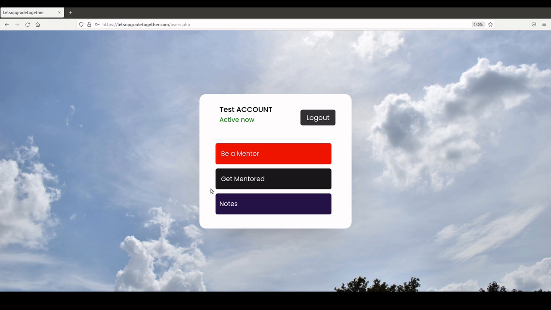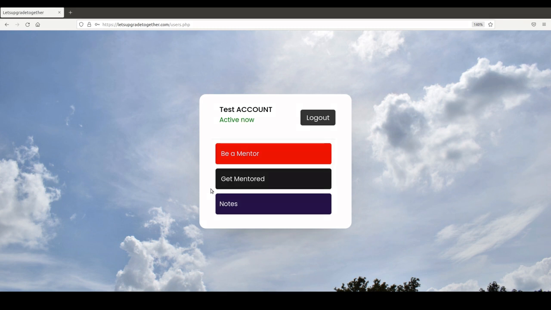So Utkarsh, now you will find three buttons over there. Be a mentor: by clicking on it, you will get connected to a junior class student who is in need of help. You will have to help him find the solution. Next is get mentored. Whenever you are in trouble, need some suggestion or guidance, you can click on it. You will get connected to a senior class student who will help you. As you have already heard, if you cannot see where you are going, ask someone who has been there before.